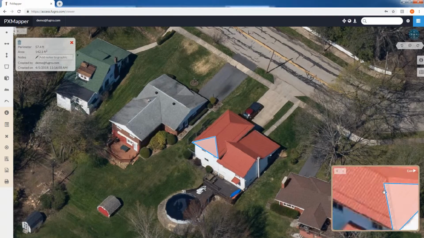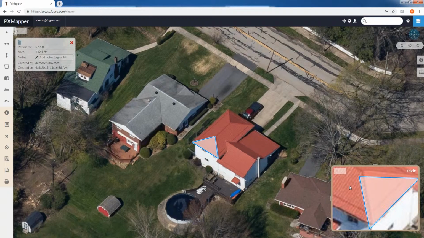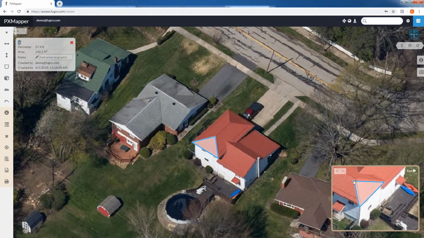And I can zoom in on here and really see that I want to mouse over this polygon, and that'll highlight each vertex. As I do that, I'm just going to drag that over to its proper location. This point here looks pretty good. Maybe just touch that up a little bit. Drag. So I'm just left clicking and dragging my mouse to the proper position. So once I'm happy with that,